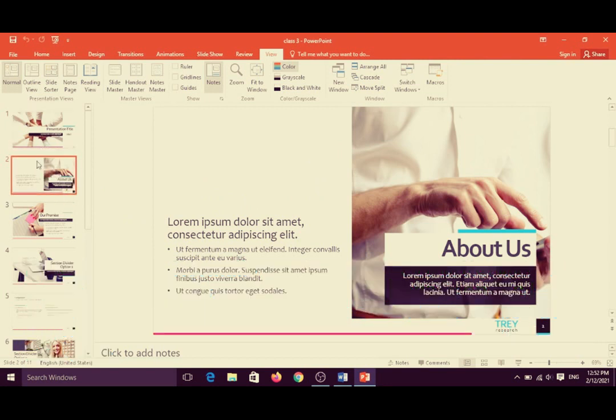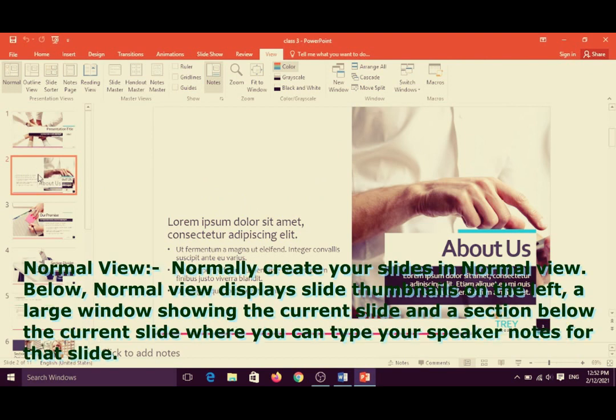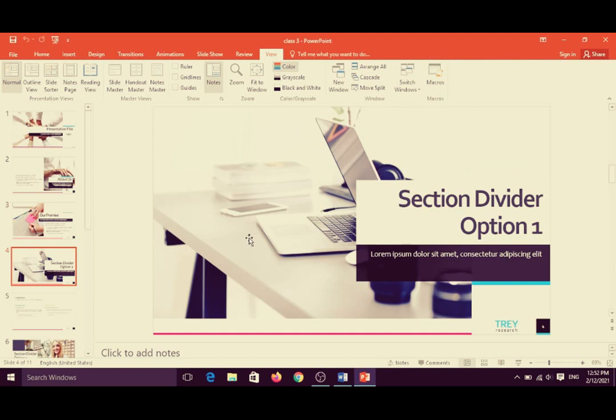Below is a section below the current slide where you can type your speaker's notes for that slide. Click here and it will appear on this side, which means the thumbnail is here, and when you click here, it will be displayed on this side.